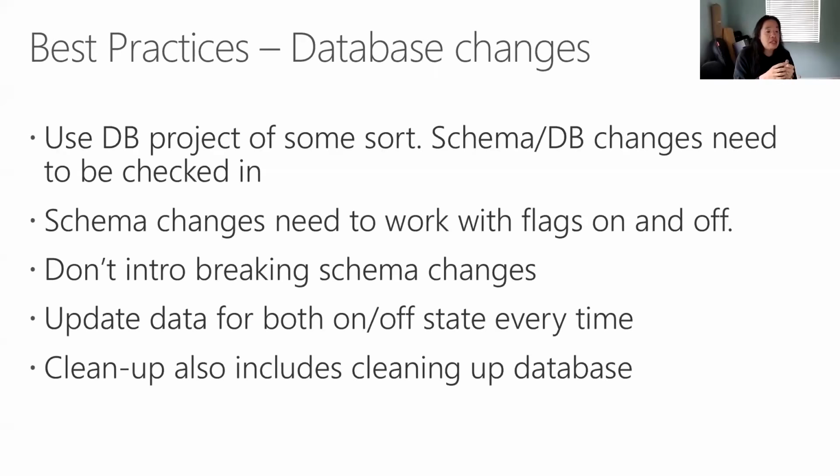So what that means is I need to deprecate the column somehow and add my new column. And also, anytime data touches one of these columns, I need to make sure I update both of the columns. Right? So I have to update the data for both with the state off and on so that I'm able to flip my switches really easily, right? And doing it this way, I'm able to flip my switch on or off whenever I need to, or however I need to. For most people, this is good enough.